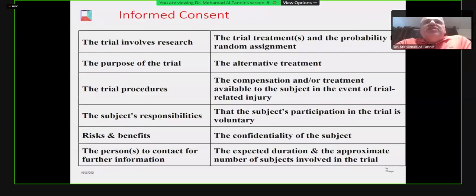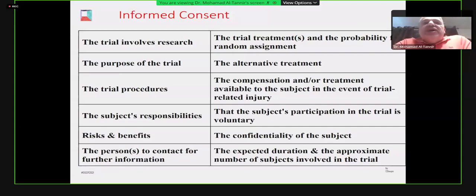In the informed consent, we should say that this trial involves research. The word for research is a must in the informed consent. And informed consent should be in the native language of the participant. In Saudi Arabia, the native language is Arabic. So the informed consent should be written in Arabic and should really include the purpose of the trial, the study phases,